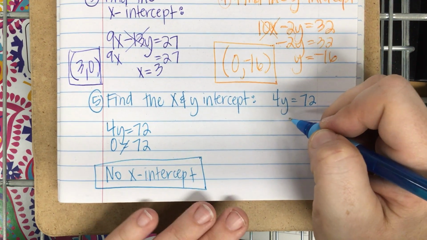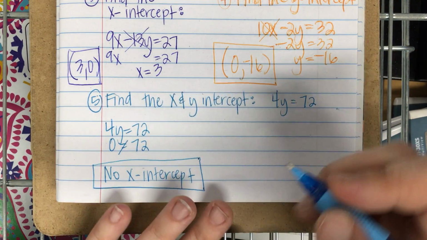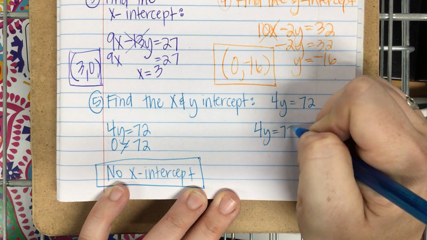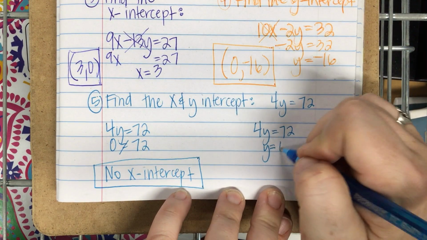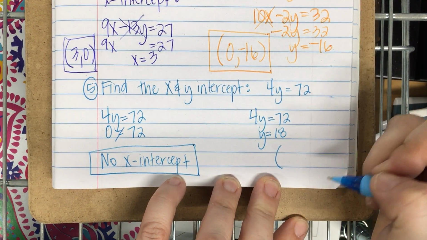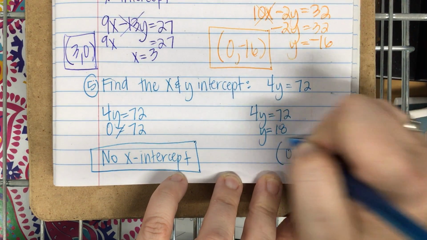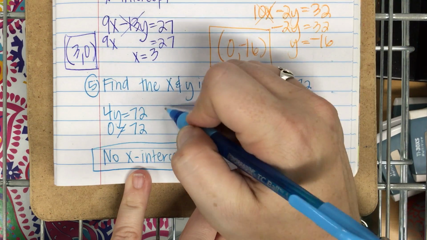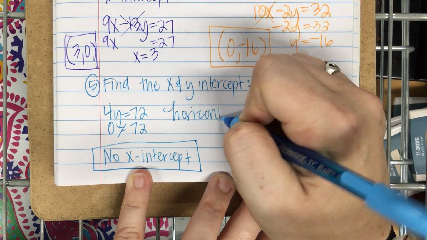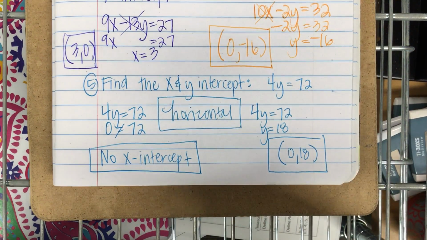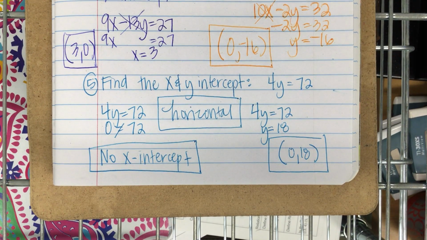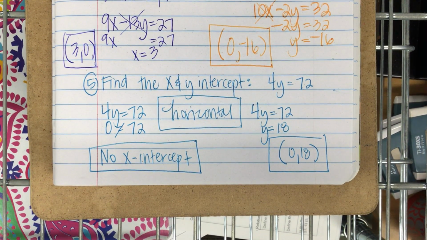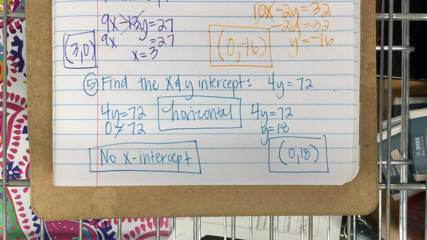To find my y-intercept, my x disappears. What's my y value? 18. What's my ordered pair? 0, 18. And what kind of line is this? It's horizontal, correct? What would a vertical one look like? 0 equals 72, and then something x equals whatever the number is. Correct. X equals are our vertical lines. Y equals, only y equals, right? Our horizontal